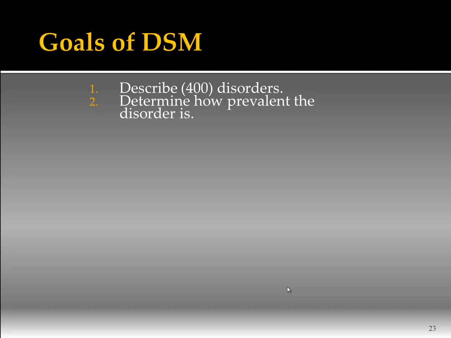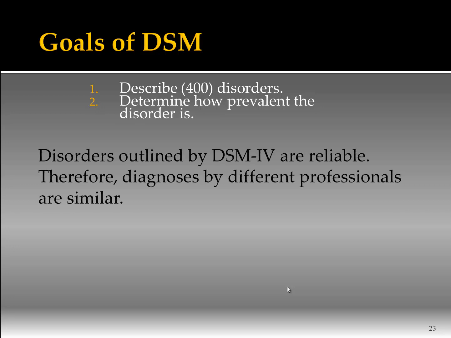But the DSM is kind of our guide, and it'll tell us, well, this had to occur 6 times this month, or it had to occur 3 times this week, and starting to look at the frequency. And that's why it's called the diagnostic and statistical manual, because a lot of statistics are brought in, looking at the frequencies of behaviors, trying to make it as empirical as we possibly can. Okay. So the disorders that are outlined in the DSM-4 are relatively reliable.